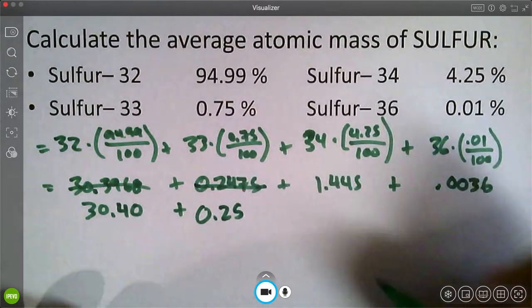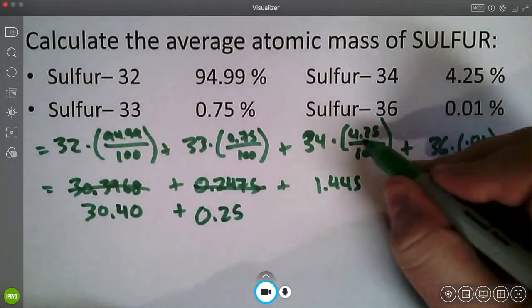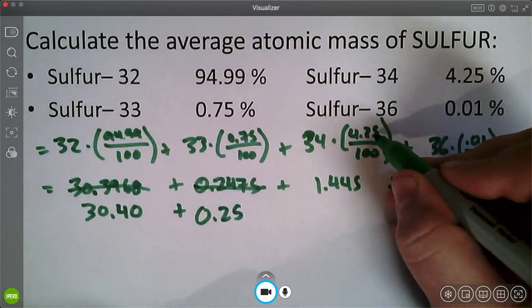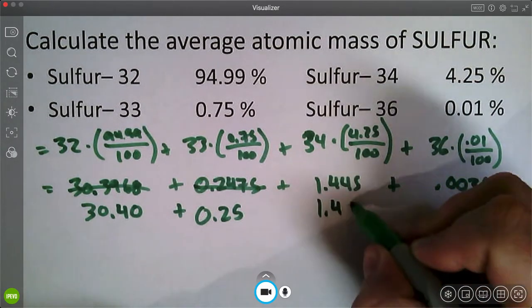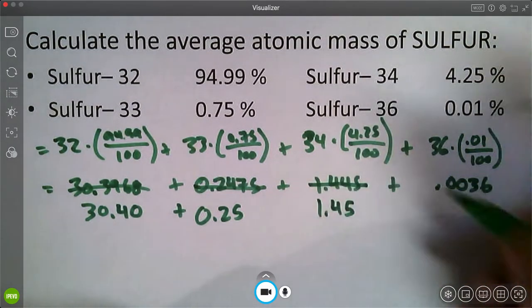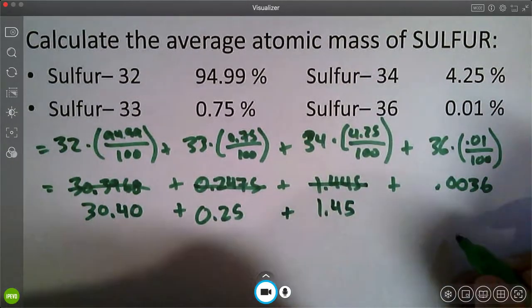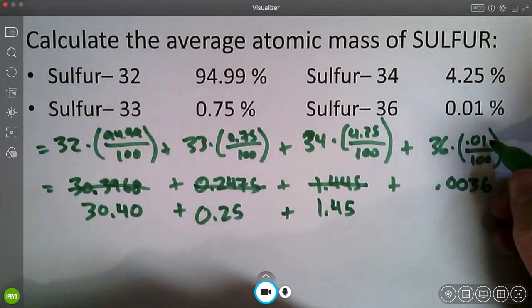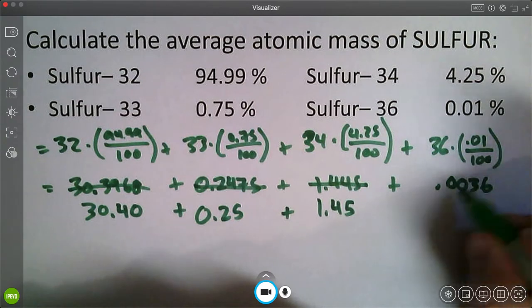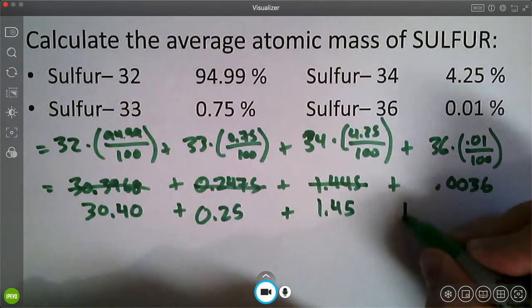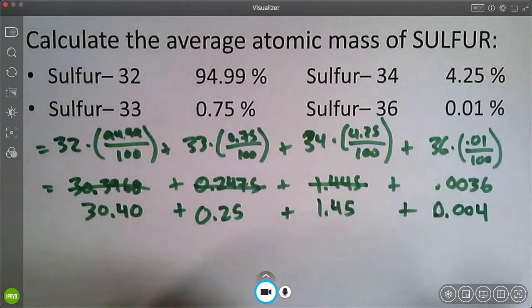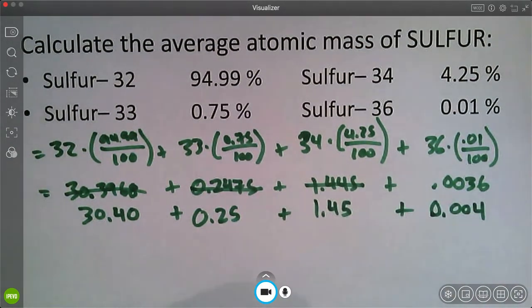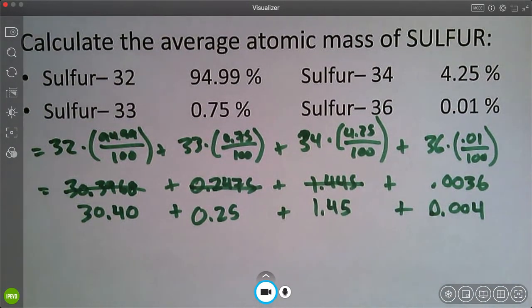2.5 there. Okay. This one has 3. 4.25 has 3. So we're going to round this to 3. That goes to 1.45. The 5 rounds it up. Okay, and then this one has only 1, so we're going to round this to 0.004. Okay, add these together, and we get